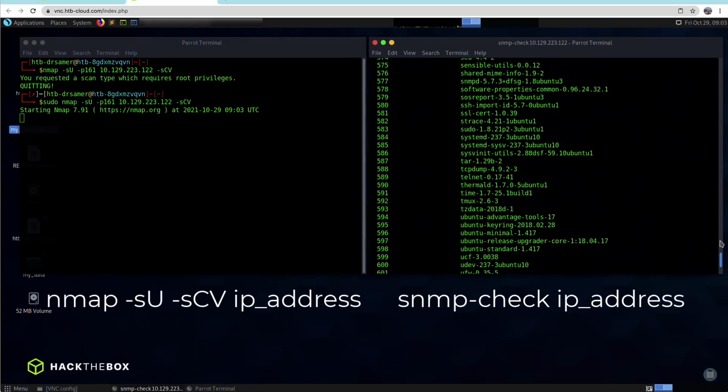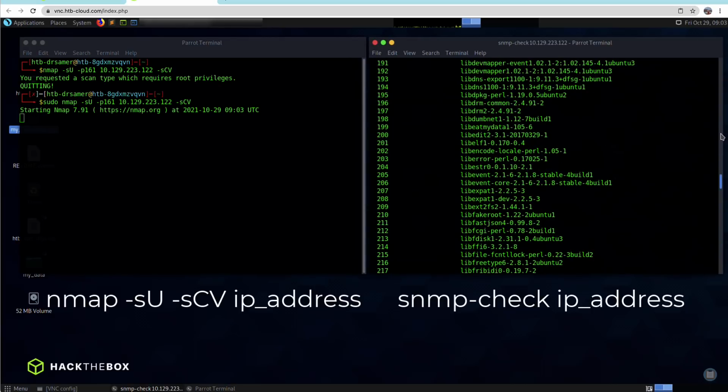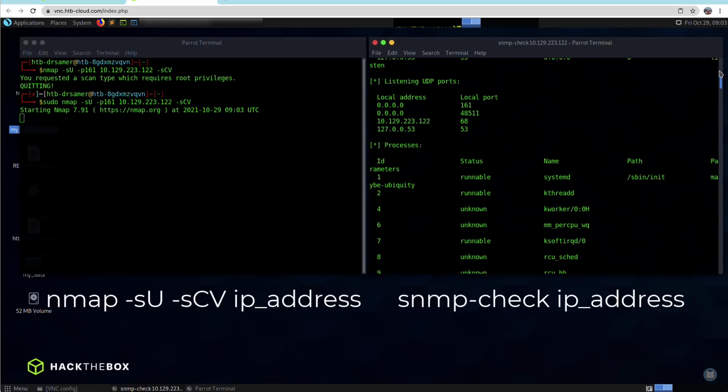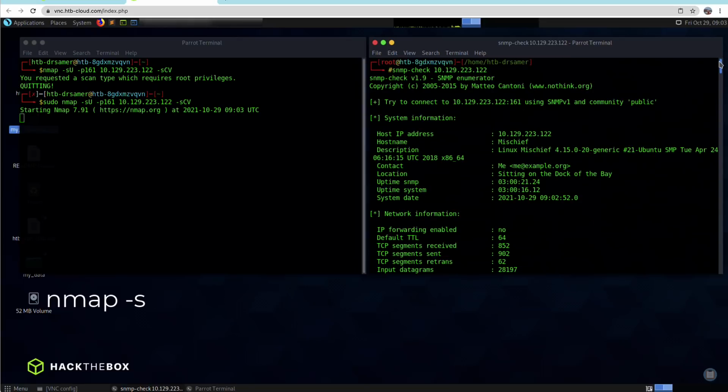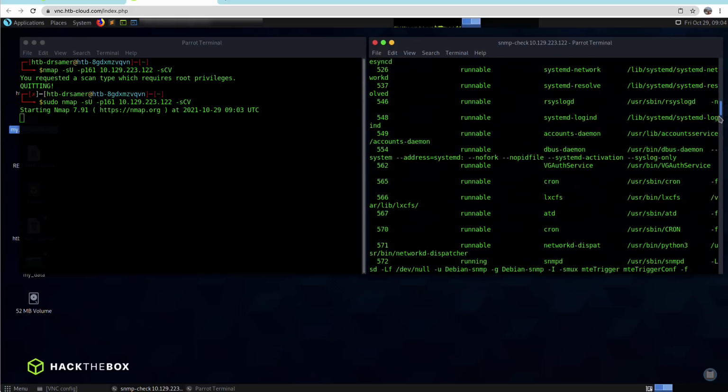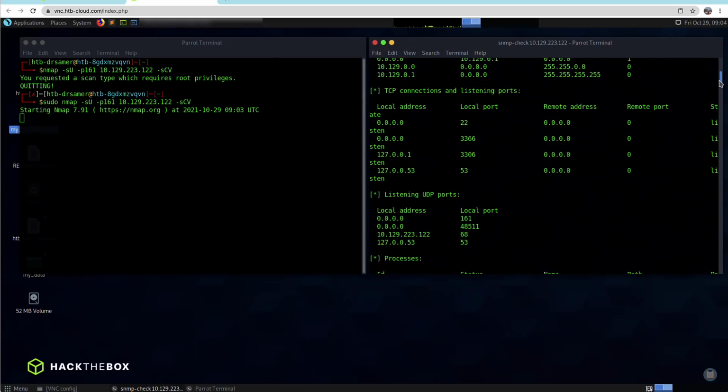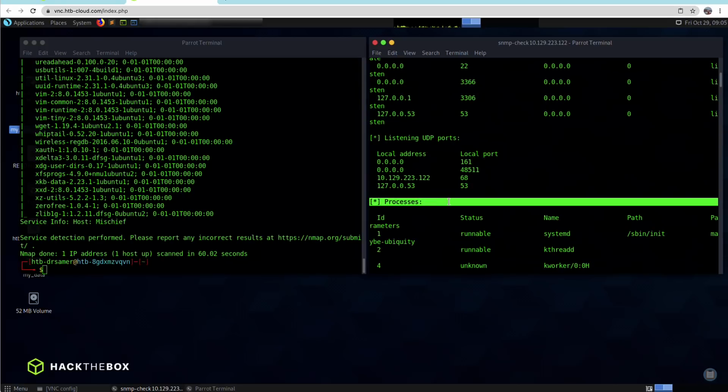Okay, so SNMP-Check is done. I'll let the scripting engine in Nmap do its thing. Let's take a look at some of the information that this agent gave us. So we see here host name, description. These are all the object identifiers, the OIDs that I mentioned earlier. This section here basically tells me about the processes on my target, and we really need to not just scan